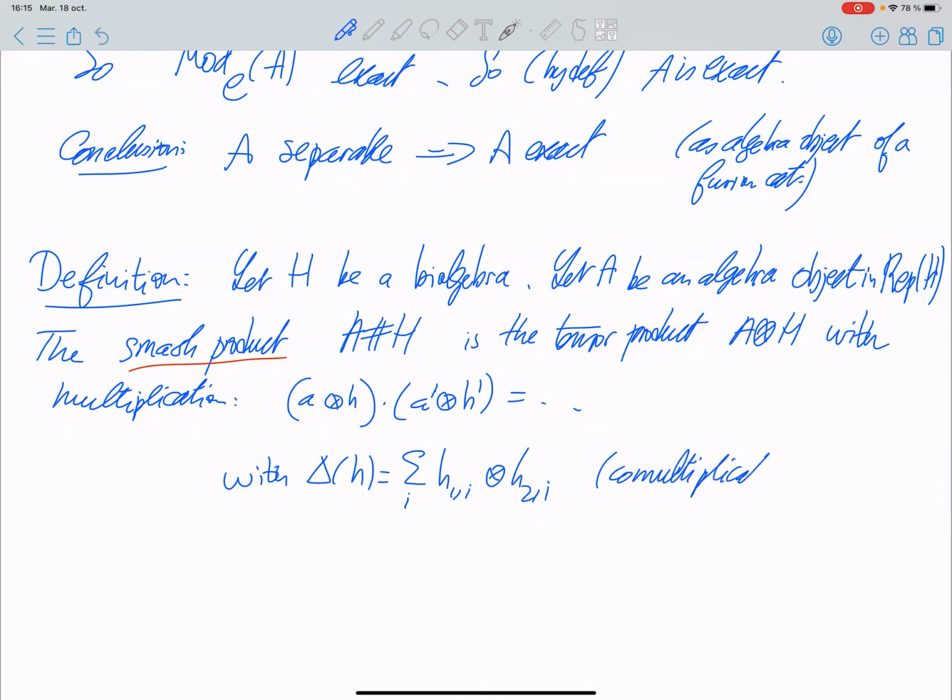So you have the usual co-multiplication, a way to decompose it for H, and we will use that to write this new smash product multiplication, the sum over i of A